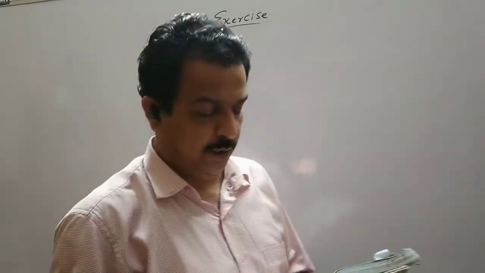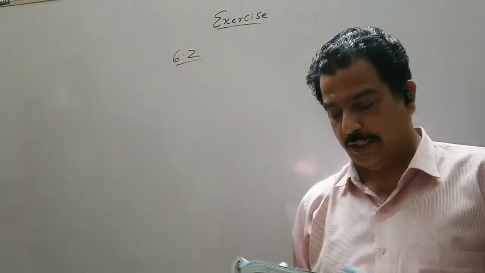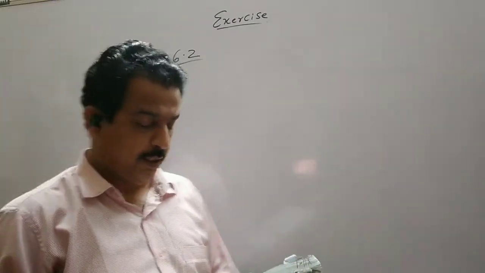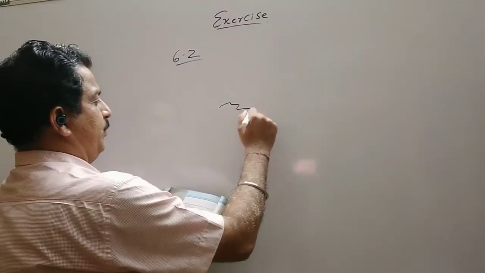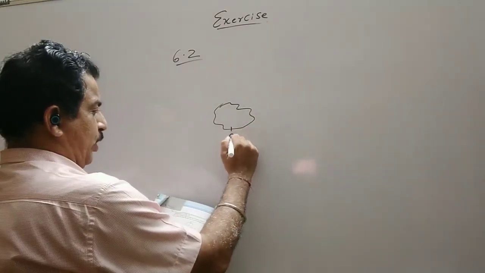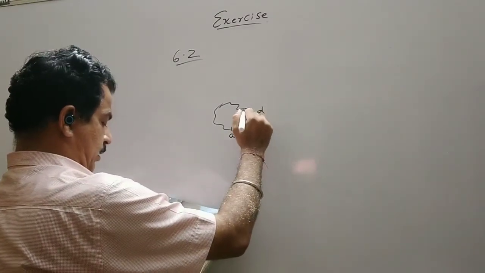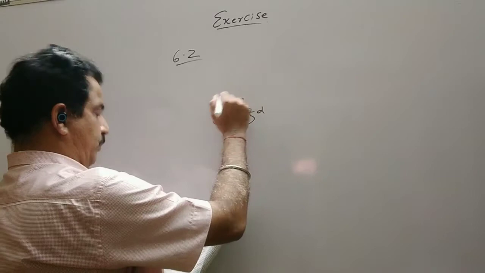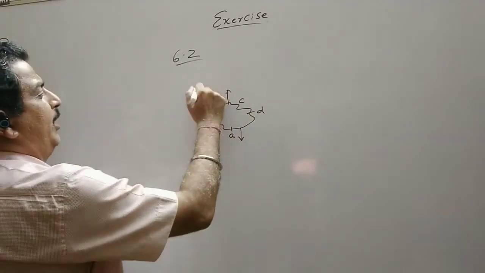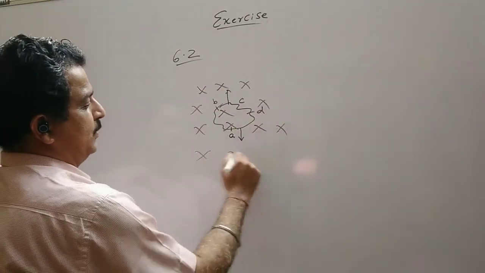Using Lenz's law to determine the direction of induced current: a wire of irregular shape turning into a circular shape. So you have to find out the direction of the induced current. One irregular shaped wire is given. Different points are given: A, D, C, and point B. Now this loop, and the magnetic field is cross.